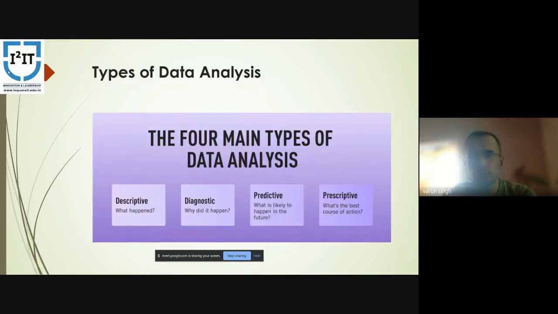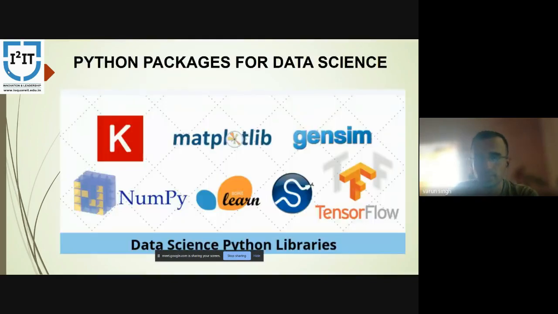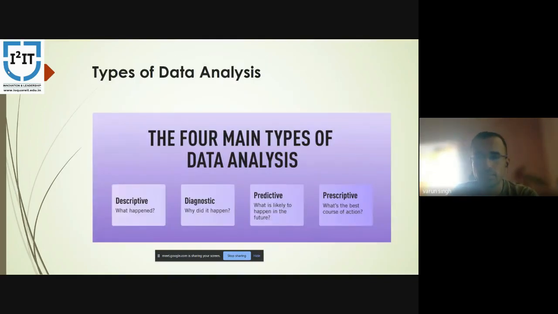Types of data analytics. There are four types: descriptive, diagnostic, predictive, and prescriptive analysis. First one is descriptive analysis. In this, we will gather information about the data, and we will analyze what had happened in the history.